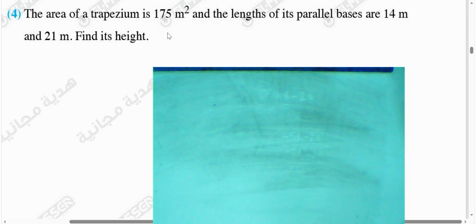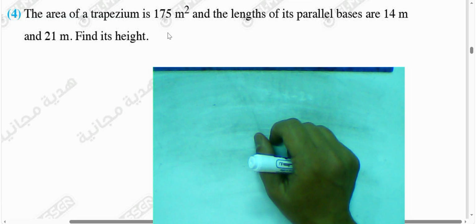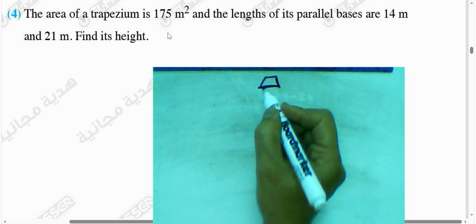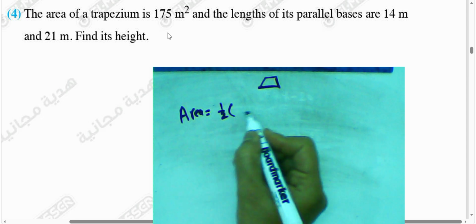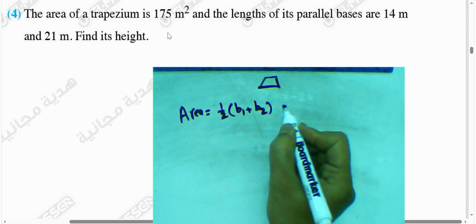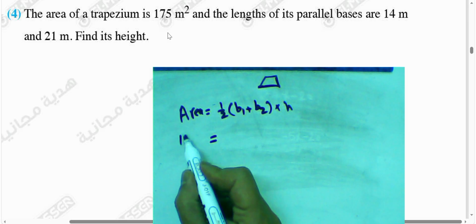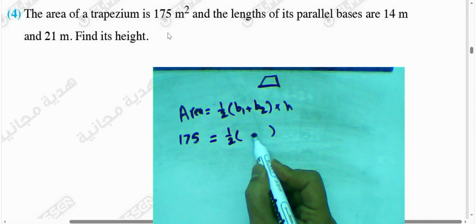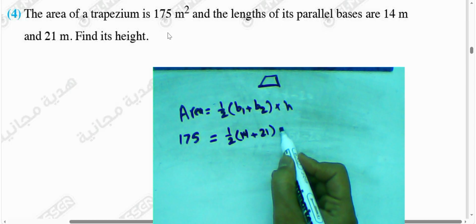The area of a trapezium is 175 square meters, and the lengths of its parallel bases are 14 meters and 21 meters. Find the height. Okay, we know the rule of the area. The area equals half the sum of the two bases times the height. The example gives the area as 175 square meters and the two bases: the first is 14 and the second is 21, times the height,